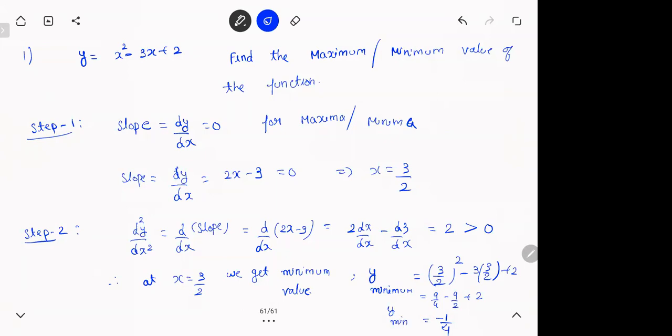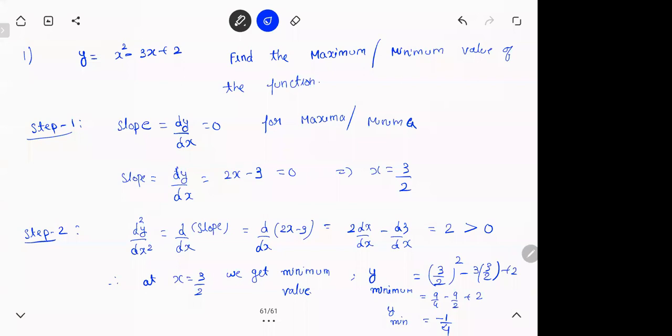Here again, I'll explain. See, someone gave you a function. They're asking you to find the maximum or minimum value of the function. So we don't know whether this is a maximum or a minimum. So first thing, you differentiate the slope. You get dy by dx is 0. Differentiate the slope and equate to 0. Meaning whichever point the slope is 0, those are either maximas or minimas. You differentiated the same function, you got slope. Slope equal to 0, you got the critical point.